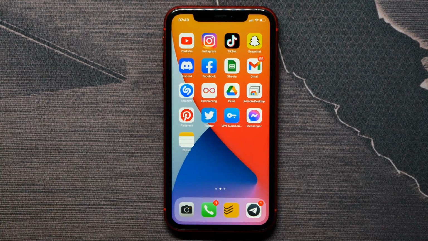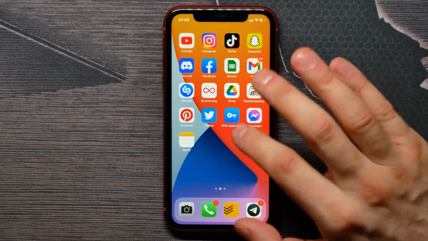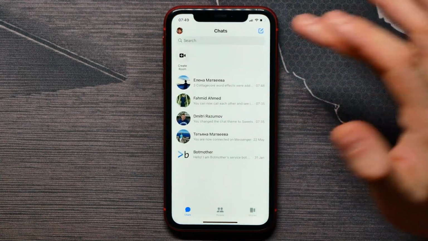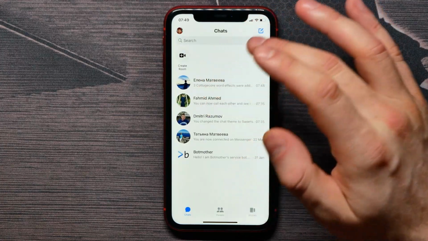In this video I'm going to show you how to use the Ocean chat theme on Facebook Messenger. It's quite simple and easy, so just follow these simple steps. And first you need to open up Messenger application, and here let's get in any conversation you want to change